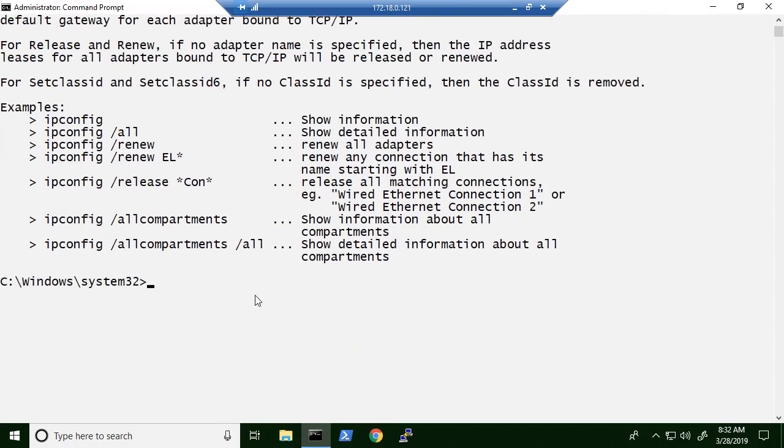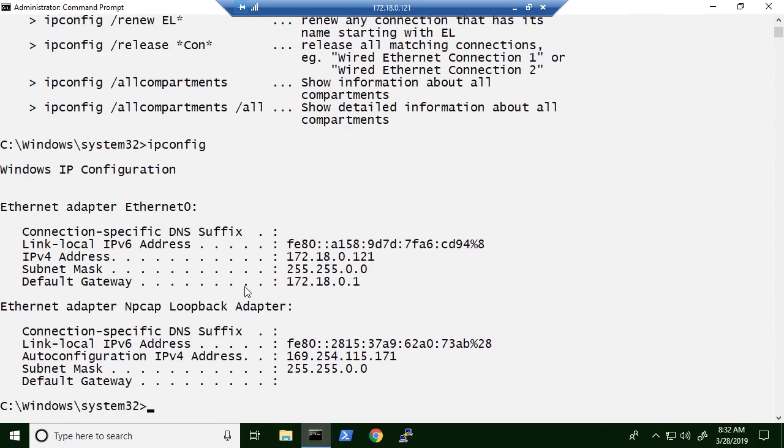Let's run those now. We'll start with ipconfig, and when we press enter, we get some basic information about two network adapters, Ethernet 0 and NPcap loopback. And I'm going to focus in on Ethernet 0. First, we have the link local IP version 6 address. That's self-assigned, starts with FE80 usually. But the ones I'm more concerned with is the IP version 4 info. Our IP version 4 address is